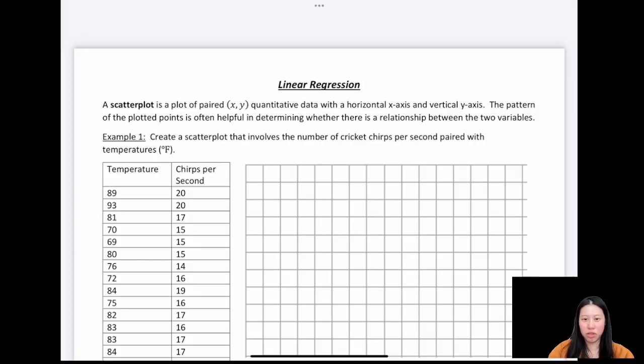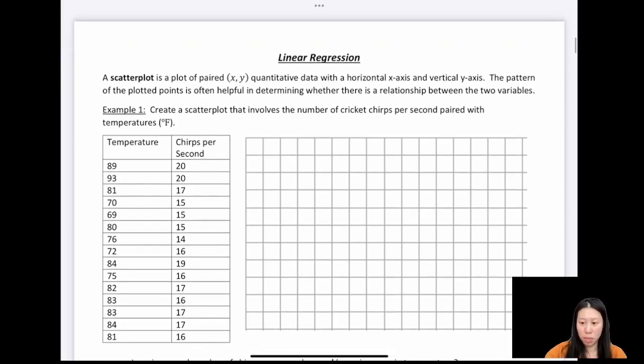So in this chapter, we're talking about linear regression. First of all, scatter plots. What's a scatter plot? A scatter plot is a plot of paired quantitative data with a horizontal x-axis and a vertical y-axis. The pattern of the plotted points is often helpful in determining whether there is a relationship between these two variables. So for example,